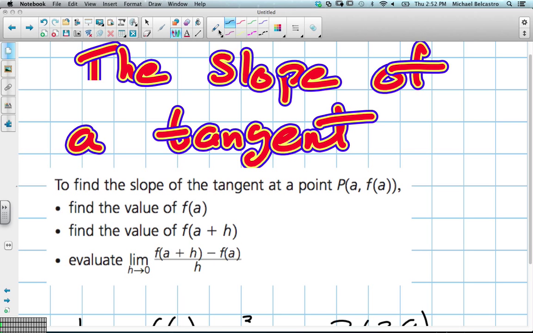So we're going to go over the slope of a tangent. And we'll quickly talk about that idea of a slope of a tangent, specifically of a curve. So here I've drawn what looks like a quadratic. And when I'm talking about the slope of a tangent, it's a line that just touches but does not cross through